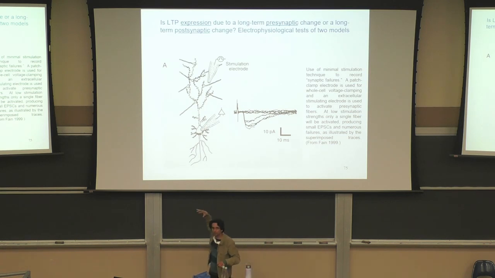The flat trials, when you don't see a response, are a kind of failure. You activated this input a little, but you didn't find a response in the postsynaptic cell. And the downwards ones are trials in which you didn't fail. So with very weak stimulation, sometimes it fails, sometimes not, and there's some failure rate.